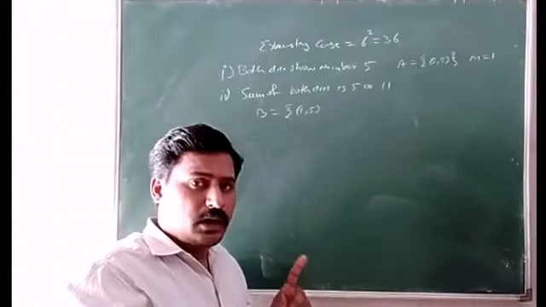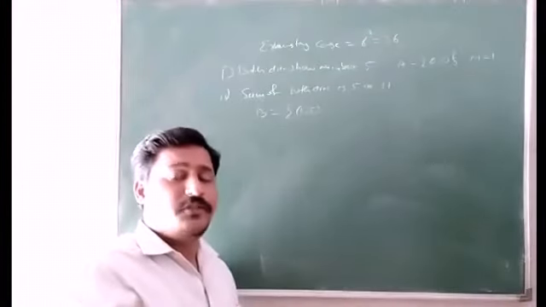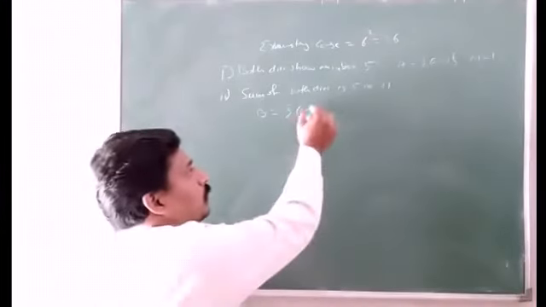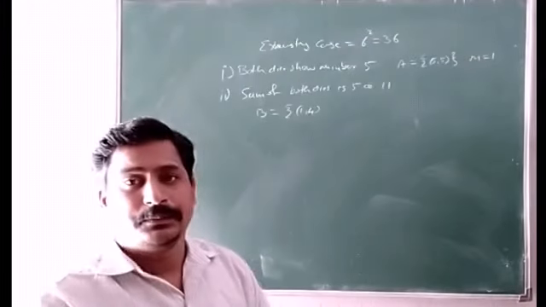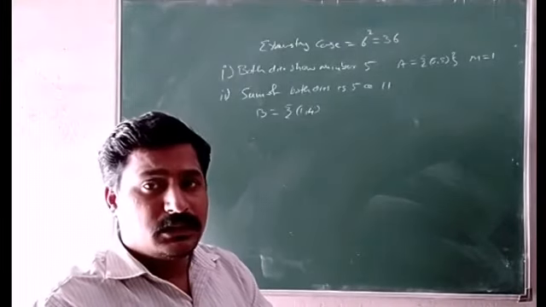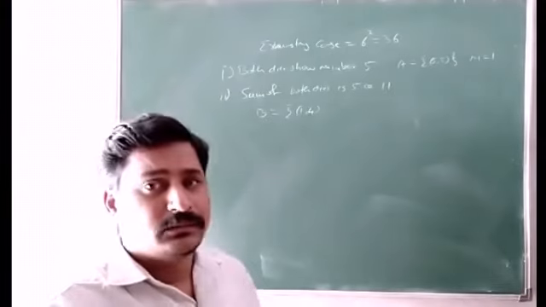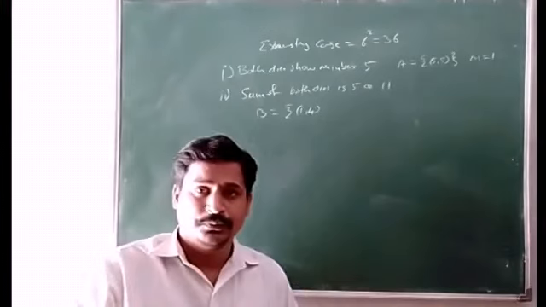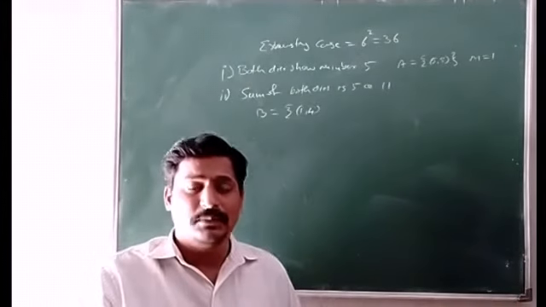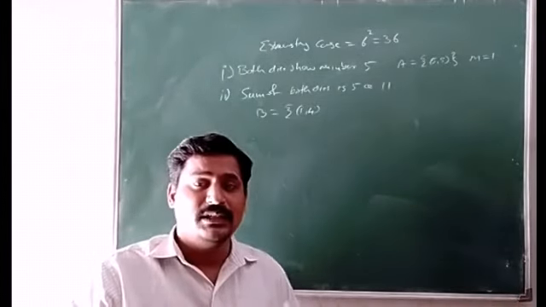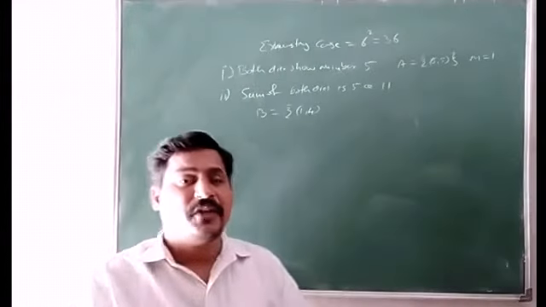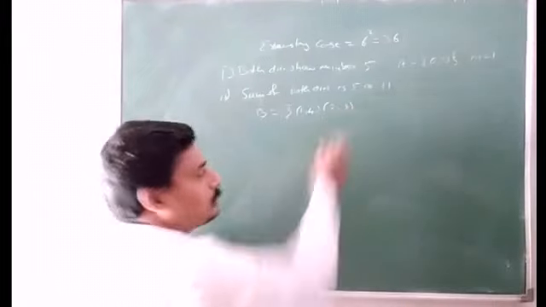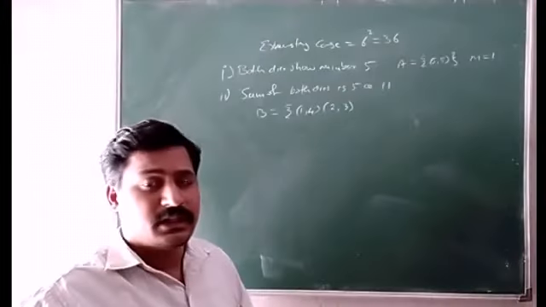So if the first die shows 1, what other number comes? Here 4, sorry, 1 and 4. 1 and 4 we get total 5. So there is no other chance here to get total 5. Then move to the second one. That is, if the first die shows number 2, what number comes so that we get total 5? That is 3. 2 plus 3, 5. So here 2, 3. There is no other chance here again.